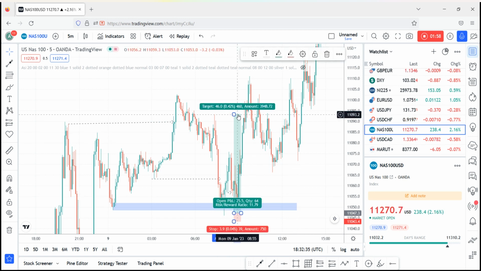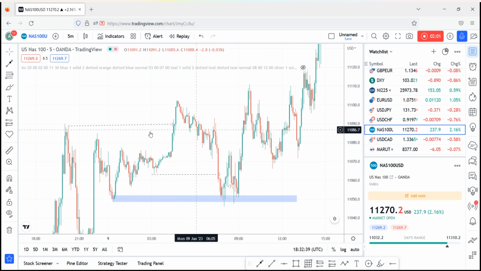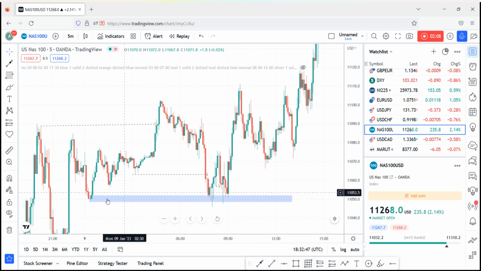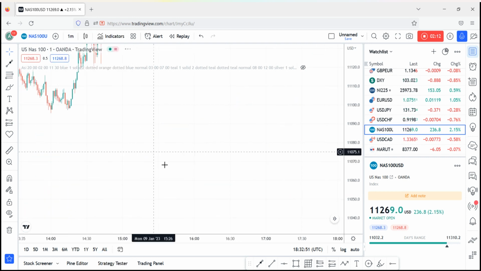And what market, let me remove this so you will clearly understand, right? So what market did, market made a break of structure from here. This was the last recent low, sorry, high, and market took the liquidity from here, mitigated this, mitigated our demand zone. And if we move in the 1 minute time frame,